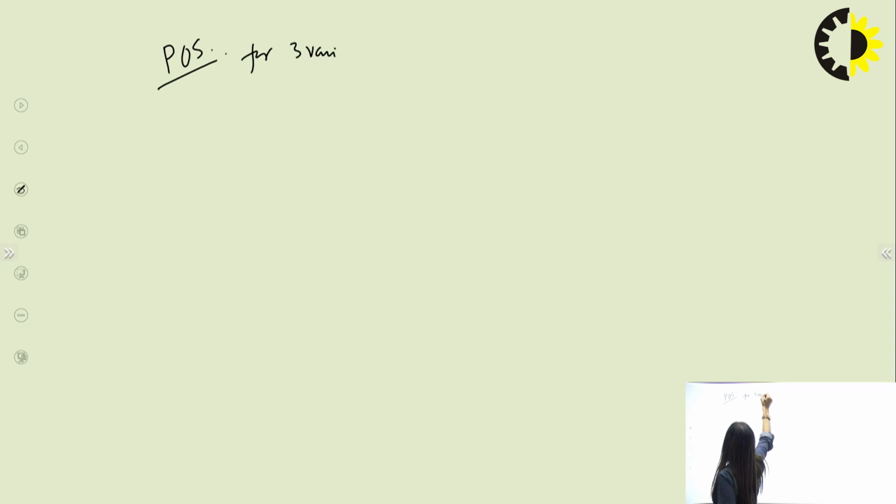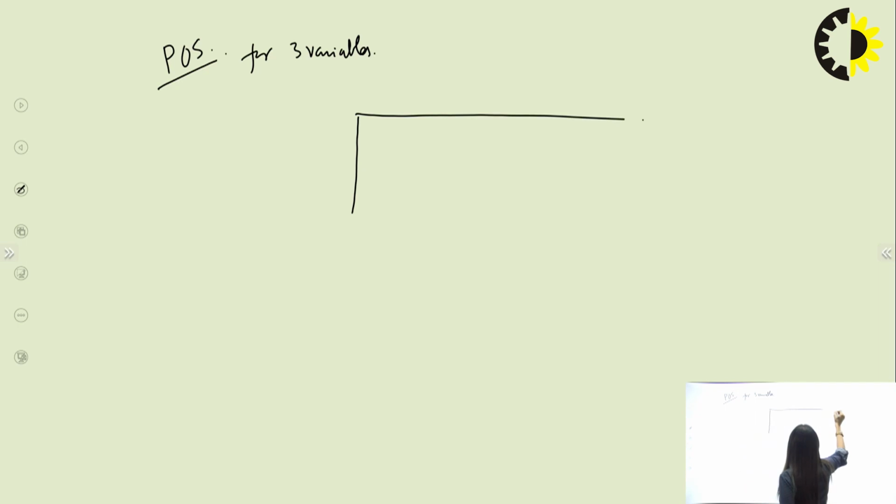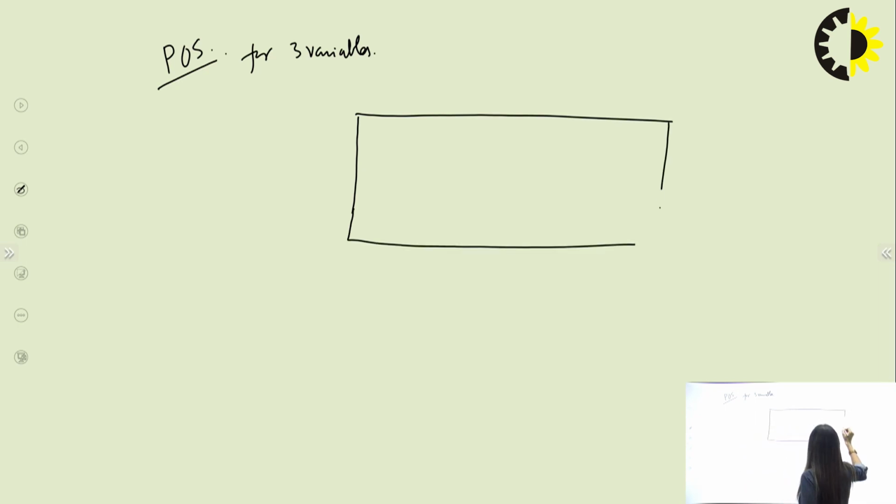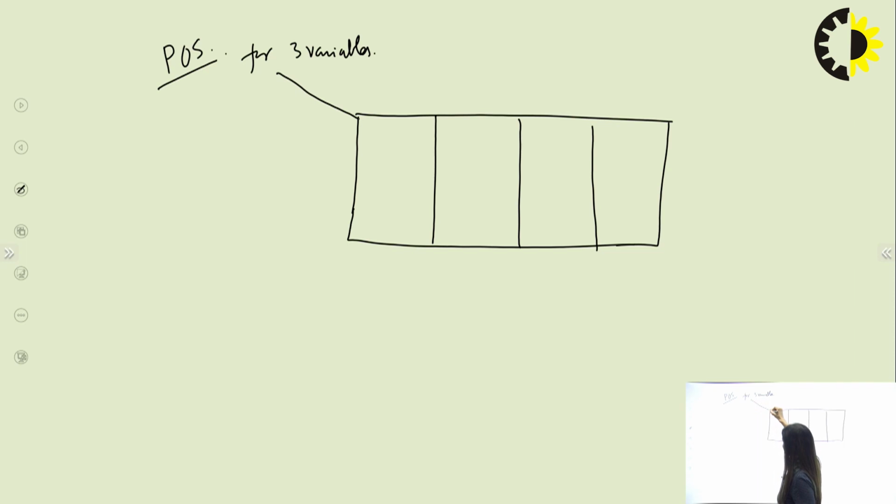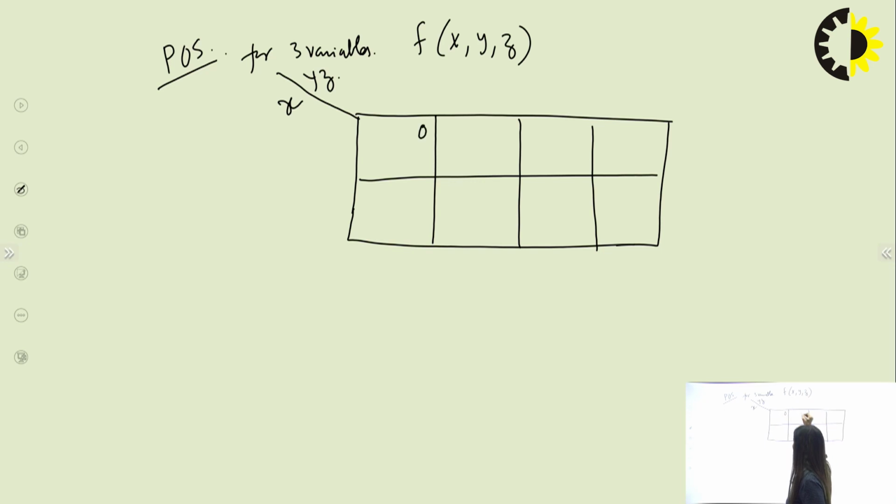Next, I am coming to the POS for 3 variables. Three variables, you will make 2 raised to the power 3 cells again. F of x, y, z, let's say. I'm just changing the variables. Put this first variable down the line and then y, z. Okay. And then you count the